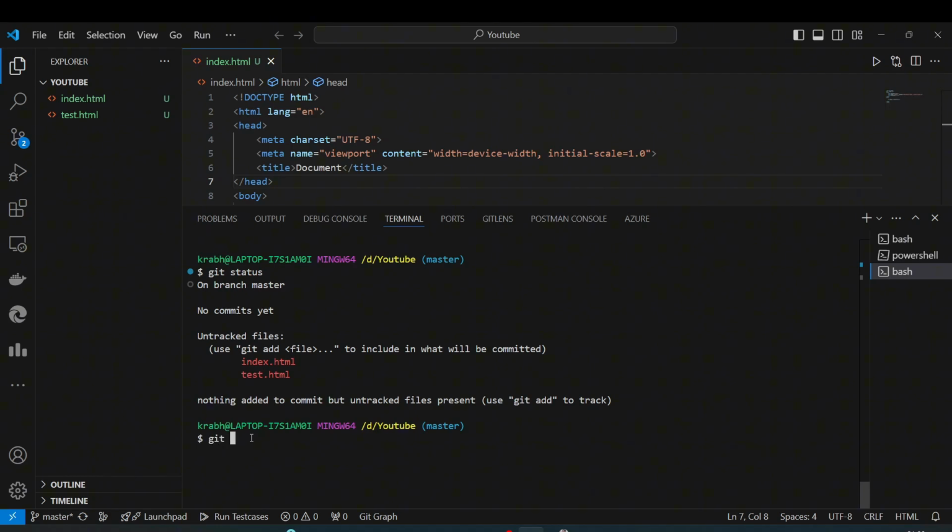Means you need to stage these changes. Okay, when we need to commit, before that we need to stage all the changes. So we need to use git add dot. Just hit this command,